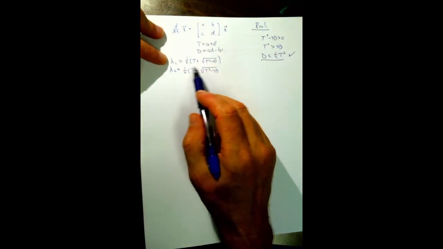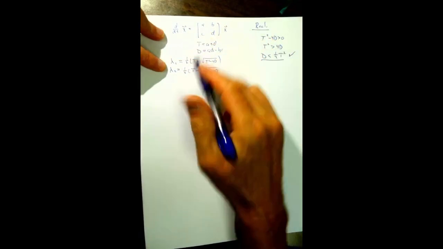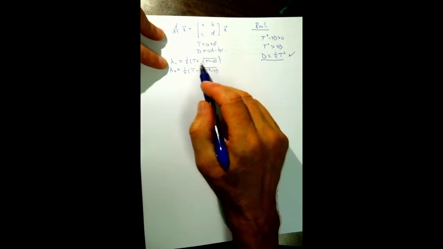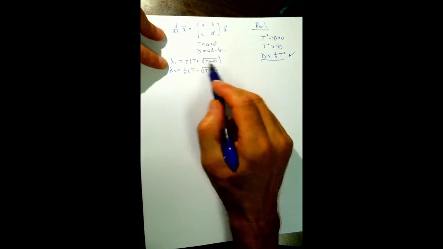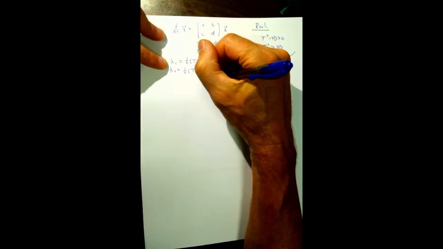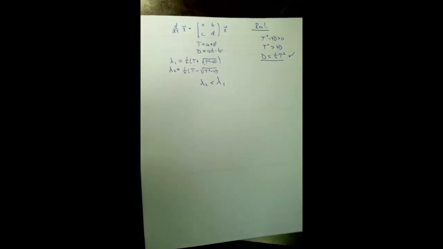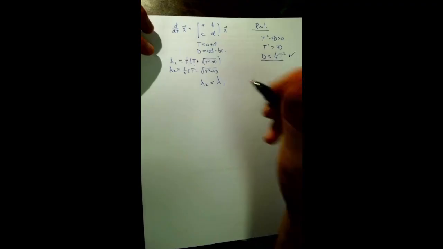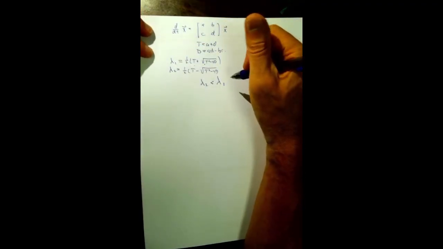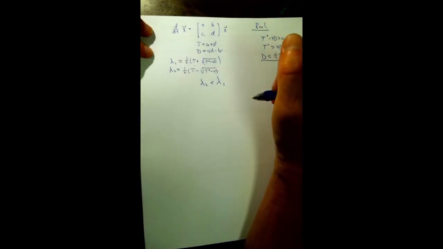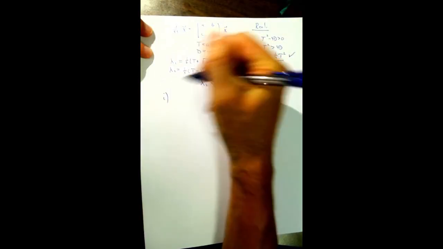Now, the other thing to notice is that the way I've constructed this, square root of something is always positive. Square root is defined to be a positive number. So if I have plus a positive number, here's a minus a positive number. By design, lambda 2 is less than lambda 1 because the thing in the square root is positive. And the things I wanted to look at were the case where they're both negative, one's positive, one's negative, or they're both positive. So my three cases are